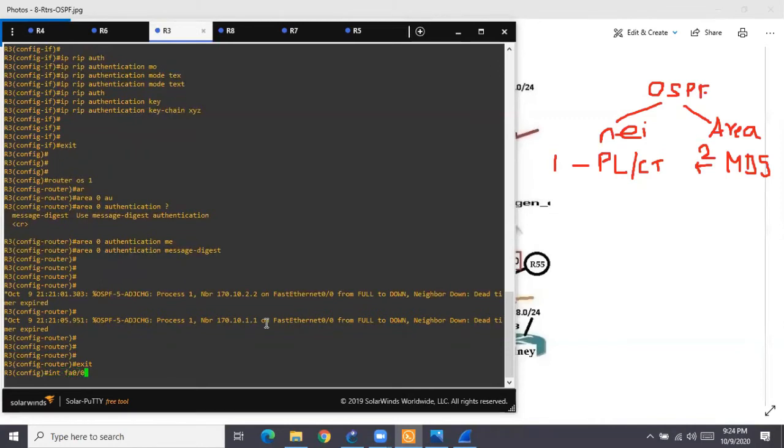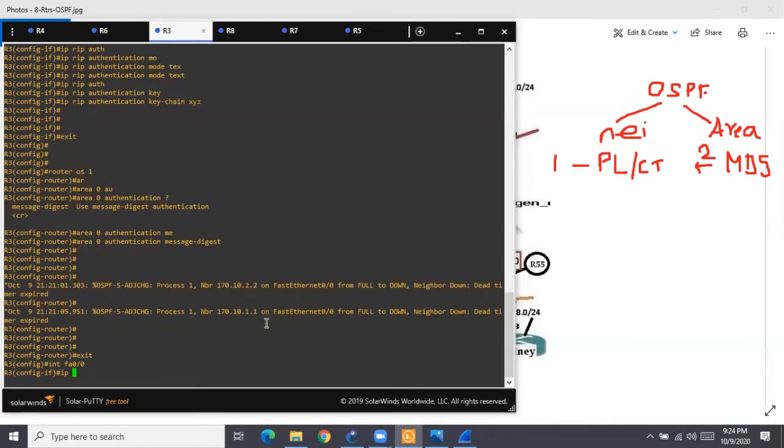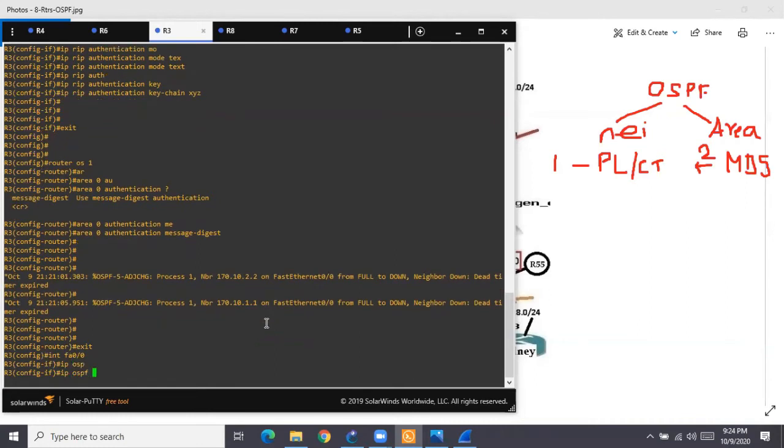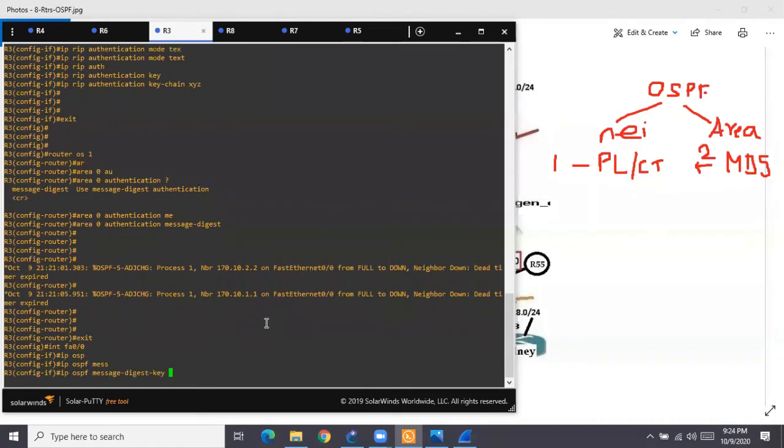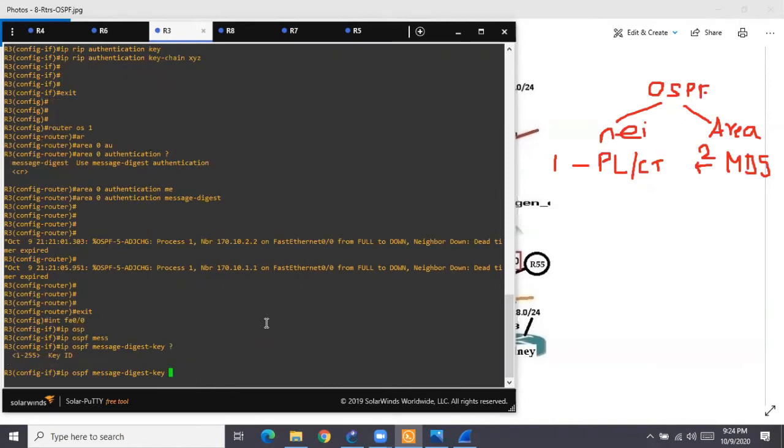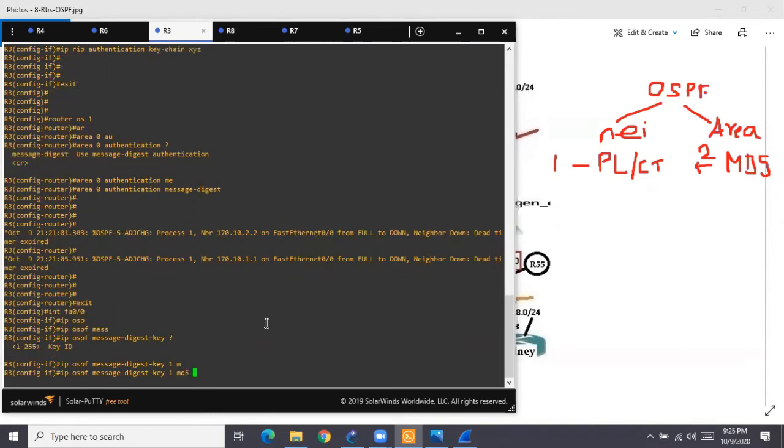FastEthernet 0/0. And over here, last time for plain text authentication, the command was what? IP OSPF authentication key. But this time the command will be IP OSPF message digest key. Then, like EIGRP, you have a key ID. You put a question mark and you see key ID, any number in the range of 1 to 255. If they don't specify, select one. If they clearly tell you what key ID should be used, you need to go with that. Then MD5, and then finally the key. Let us keep it Cisco this time.